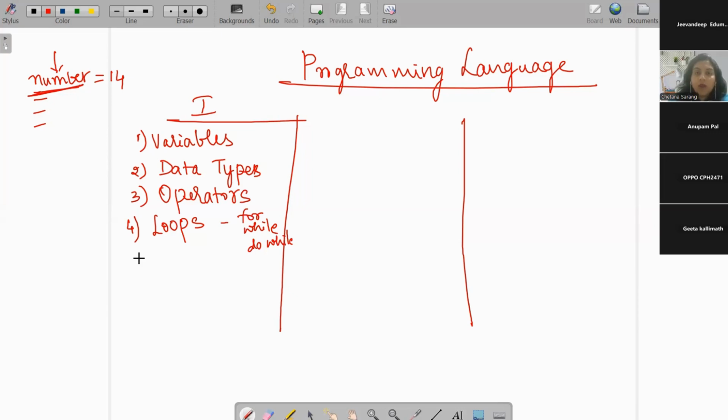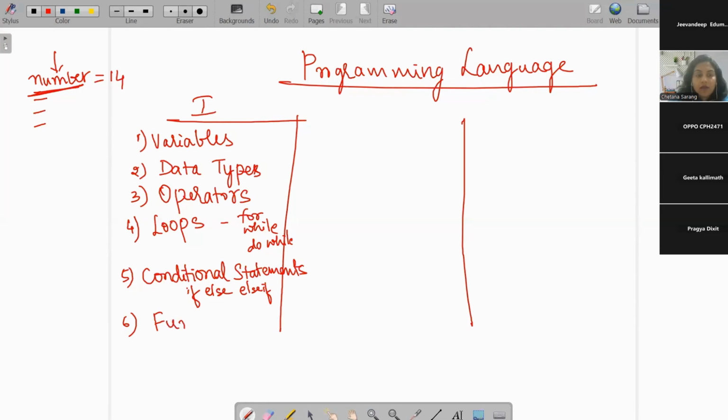Loops are there in all the programming languages. And conditional statements. Examples of conditional statements: if, if else, else if. In different languages, there are different rules. The rules will change for every programming language, but the structure, these are fundamentals. They will be there in all the languages. You can choose to learn any programming language, they will have all of these. The rules will differ. So conditional statements, then comes